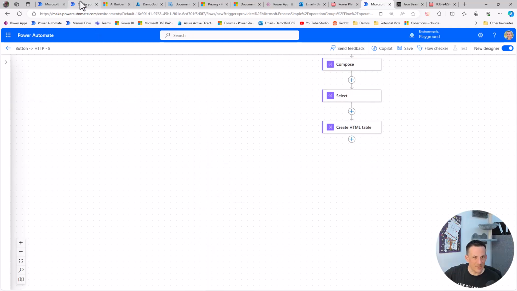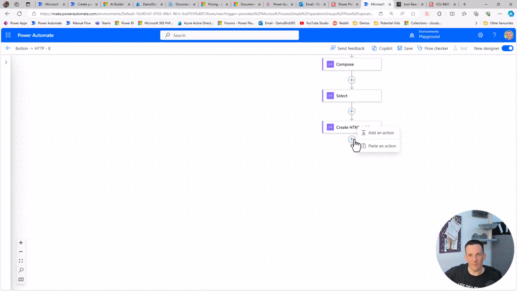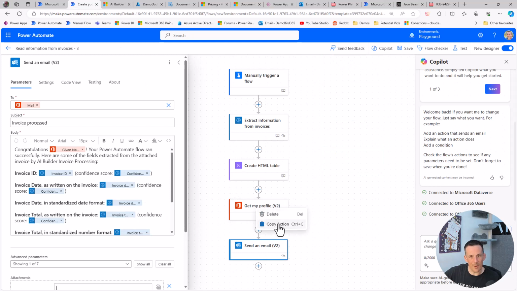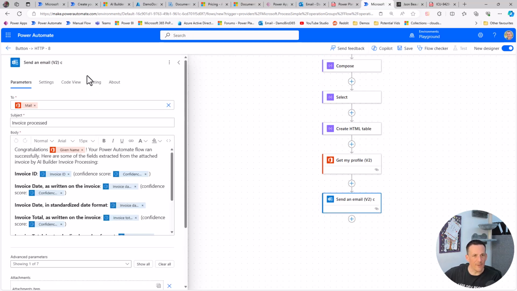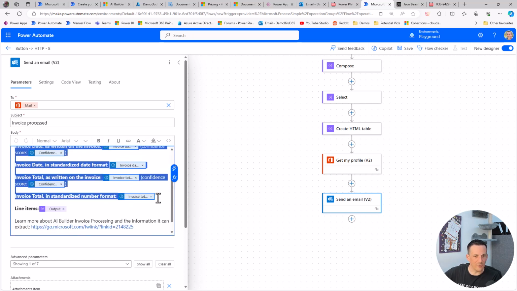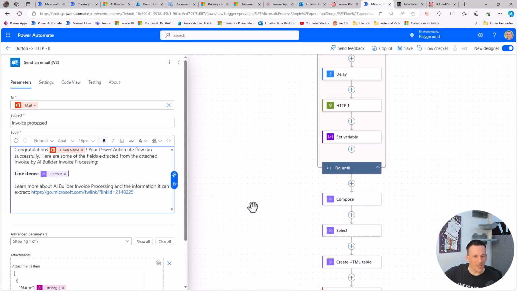Then as a last action, if I jump back onto that original flow that I generated using a template, I'm going to copy that action here, jump back over onto my flow, paste that in, and I mustn't forget also to copy get my profile. So we'll copy that from the other flow and paste it in above. If I just check the names, remove copy, I'll do the same from here also. And because all I've done is generate a table of data, I'm actually going to remove these additional values here for now anyway, and just simply insert the output from our create HTML table,